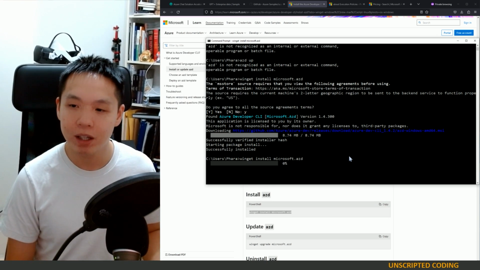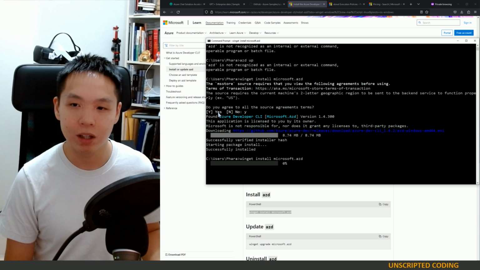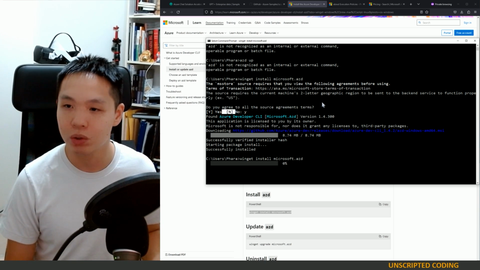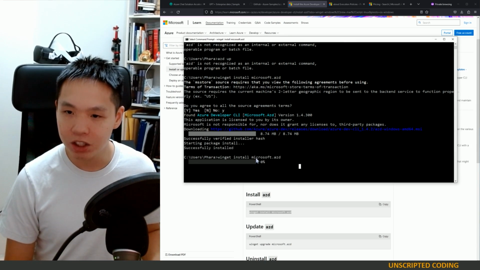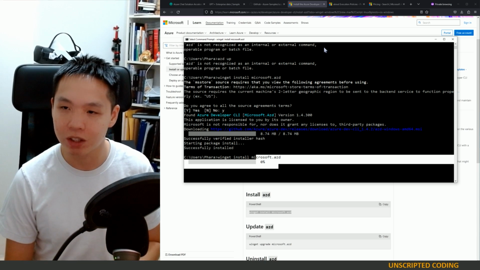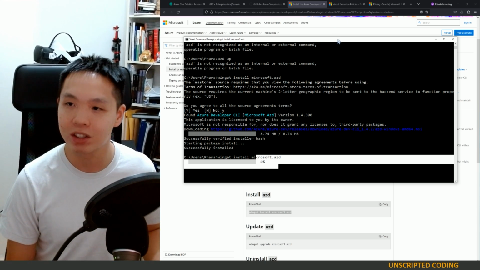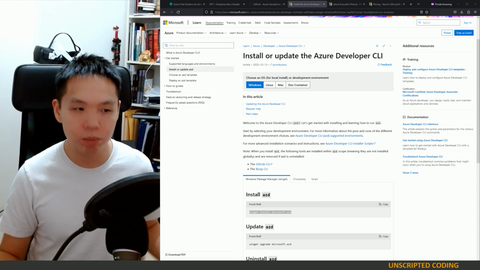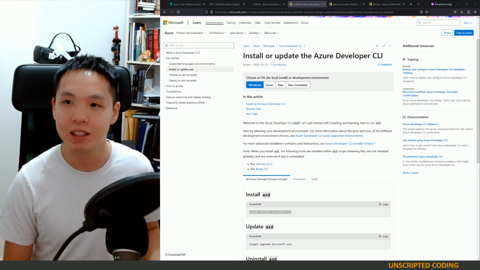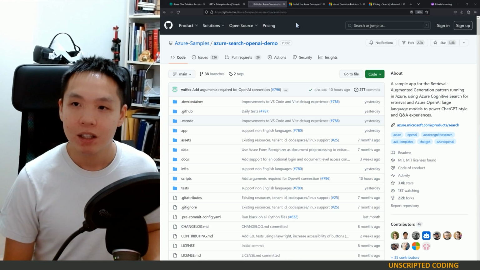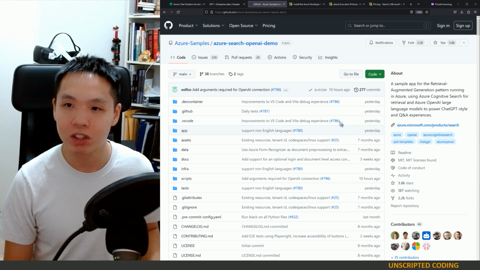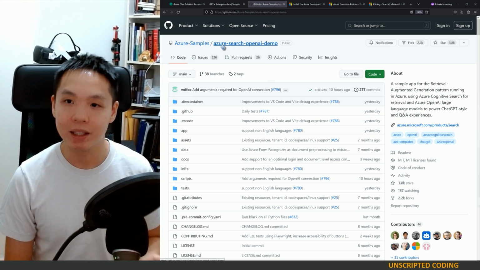I already have it, but you might have to click Y afterwards to agree to terms. This should take no time. I probably shouldn't have clicked enter because I've already installed it once, but it should be buttery smooth, very easy to install. Now, we'll come back to the GitHub page, which is linked in my description, but you can search GitHub